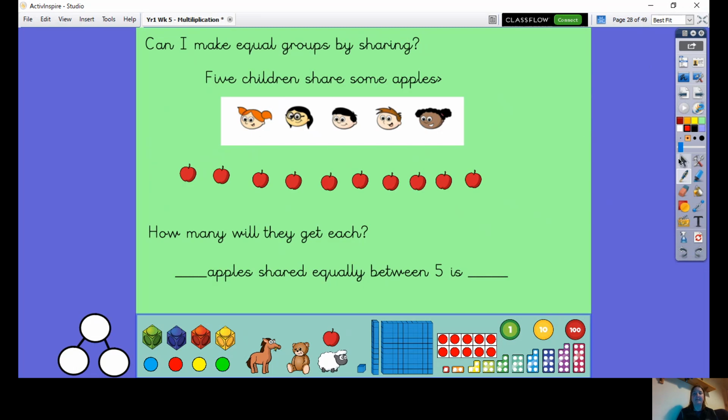Okay, let's have a look here. So this time we've got 5 children sharing some apples. I thought we'd be a bit healthy. How many will they get each? So first of all, how many apples are there? That's what I'm going to work out. 1, 2, 3, 4, 5, 6, 7, 8, 9, 10. So there's 10 apples, and we're sharing them equally between 5 children, and I want to know how many they